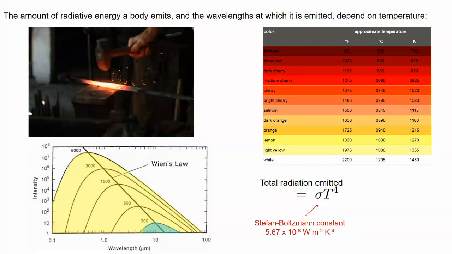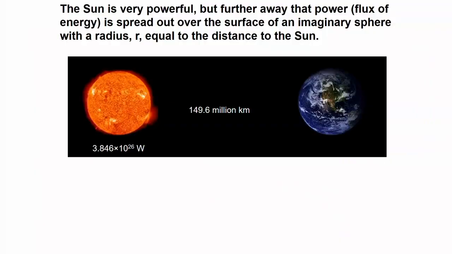So the total radiation emitted, the area under these graphs, is proportional to some constant, which is this weird small number here, the Stefan-Boltzmann constant, times temperature to the power of 4. And that power of 4 means that the hotter something gets, it really starts giving out much more energy. Okay, so that's that. The next important thing is that the sun is very hot, it's giving out